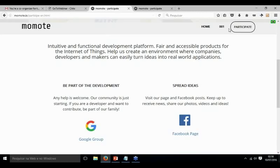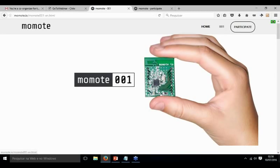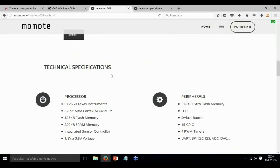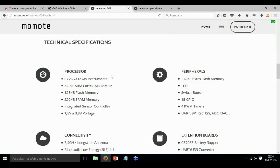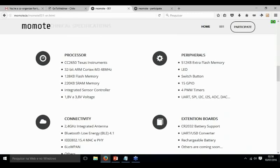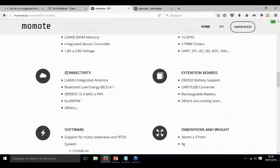Just coming back here to the Momote board, if you come down, you can see some technical specifications. Here we have some information about the processor, about our peripherals and about connectivity. I'd like to point out on connectivity that we use